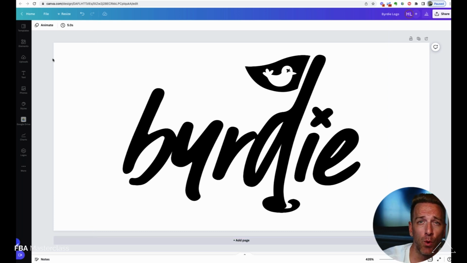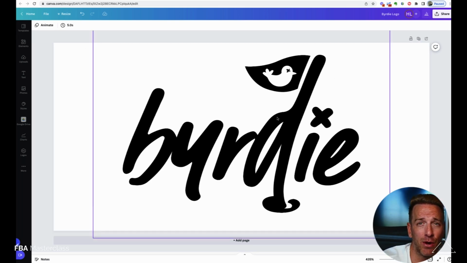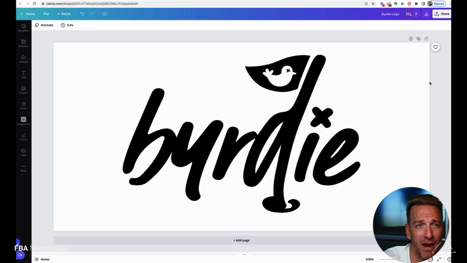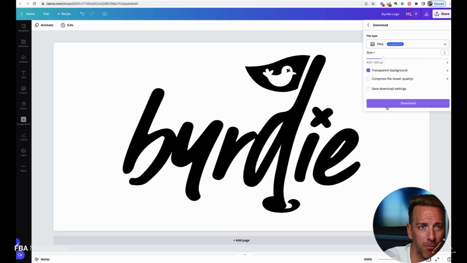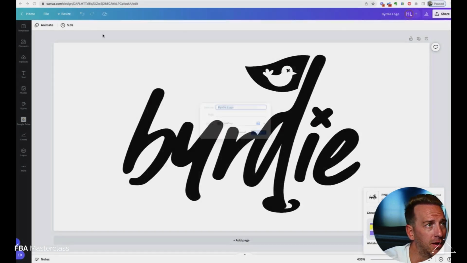This is a 400 pixel by 200 pixel logo. You want to make it as small as possible just so that the load times are good on your site. I typically like to have a transparent PNG file here, just in case I use this and there's another background. It's not going to be white on the background. So to share this, I basically go to download, transparent background, download that there, save it, and then just